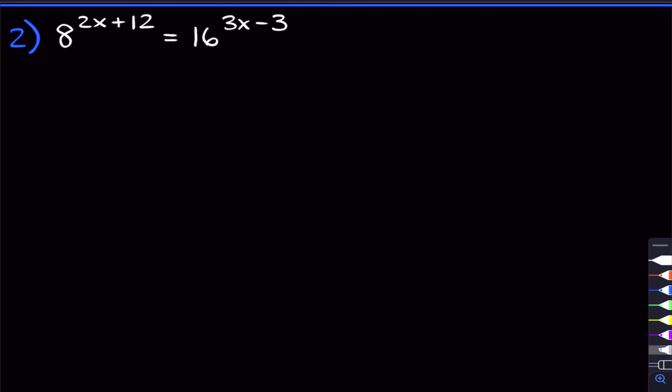Moving on to problem 2, now how are we going to solve this? How are we going to get these two numbers to be the same? Well, our common base can't be 8 here. We can't get an 8 with the 16 because it's not like we can replace the 16 with an 8 squared. 8 squared is 64, not 16. That's 8 times 2. And so you've got to do a little bit of thinking, but what you might finally